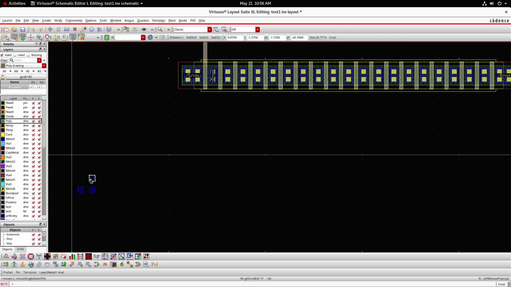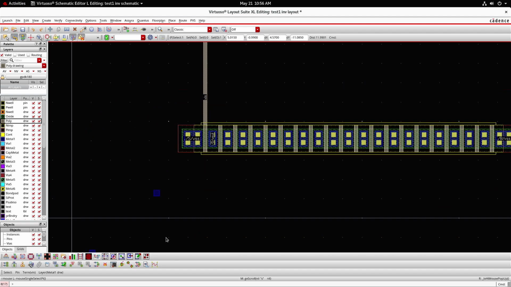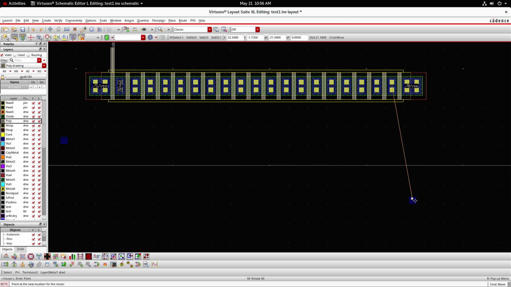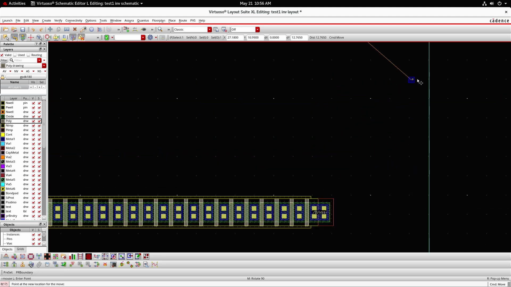Similarly, the VSS connection should be done. VSS should be connected to the NMOS transistor. Bring it and place it below the NMOS transistor. Then VIN should be dragged and placed on the left hand side of your layout. Finally, the Vout pin should be placed on the right hand side of your layout.